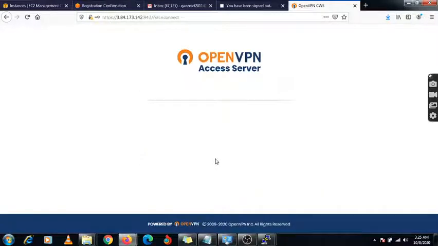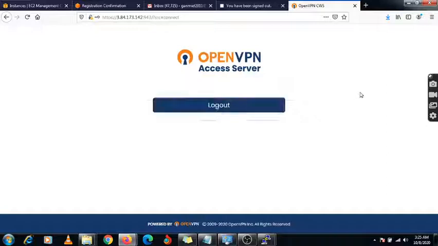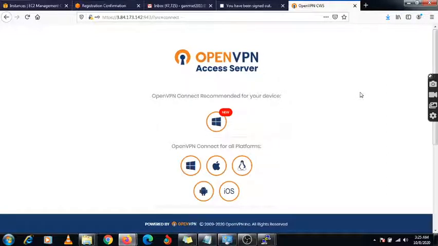I'll log in. Now it will ask which machine you want to access, either a Linux machine or a Windows machine. We have created our Linux machine, so there is the Linux symbol. Just click on it and download it.